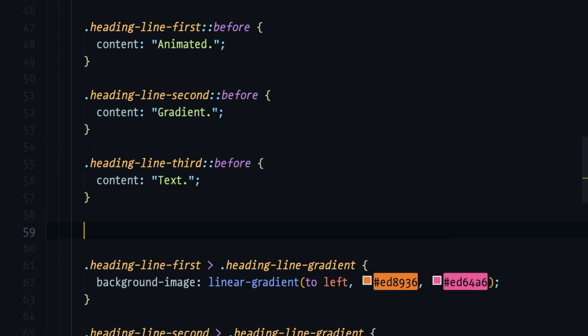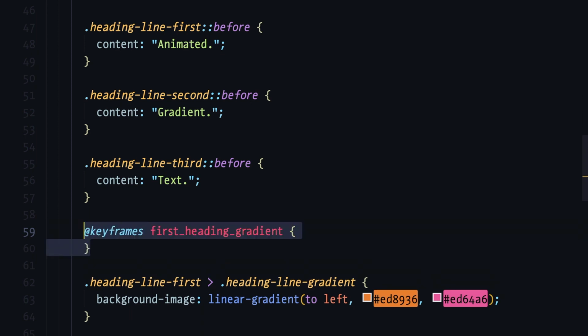We are first going to define keyframes for the first line of the heading, and the keyframes property allows us to specify how different CSS properties are going to look like in different stages of the animation. So let's say the first 10% it's gonna look like this, the next 50% is gonna look like this, and so on and so forth. Let's use the table that we created as a reference, and it will help us to actually put the animation